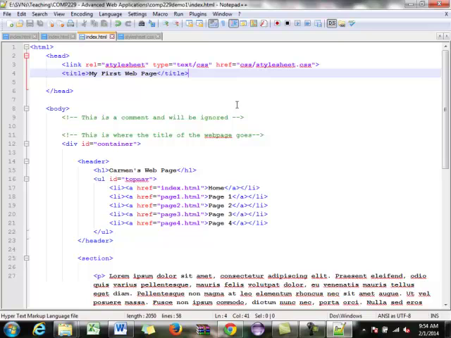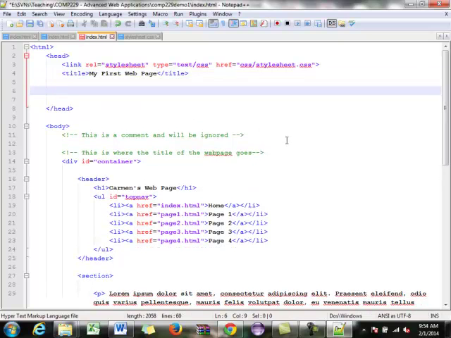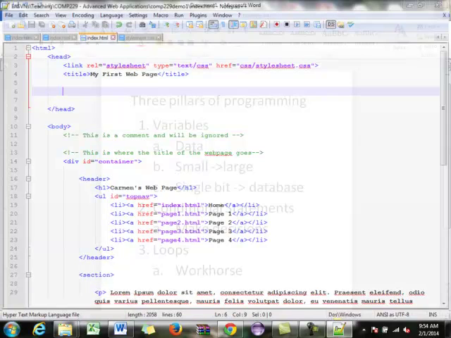So we can put our link into our head if we want. It doesn't have to be in the head. We can put it in the body throughout the document. And there are actually reasons why we would put it at the bottom of the document, and we'll get into that in a minute. But for example, the first thing we want to do is open up Dreamweaver,